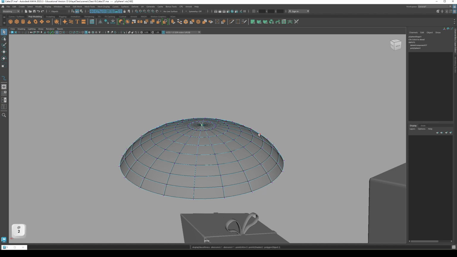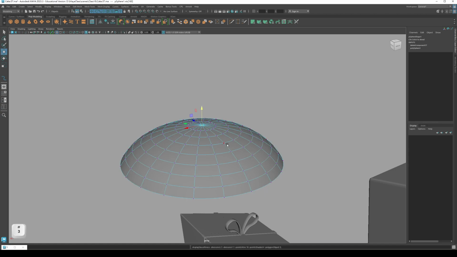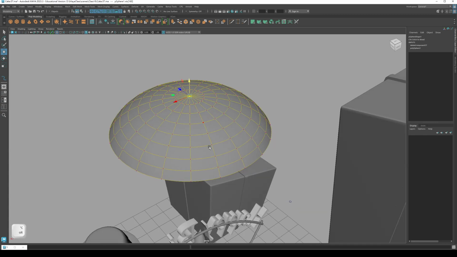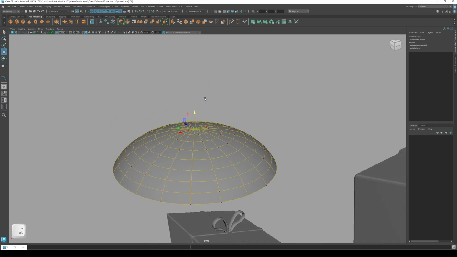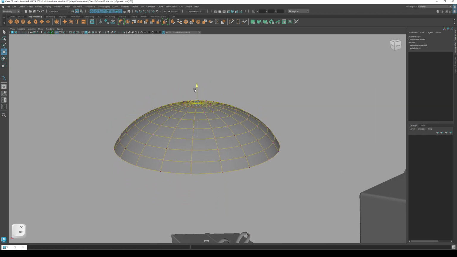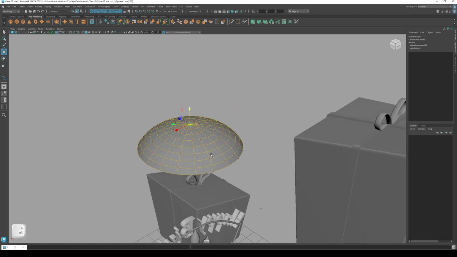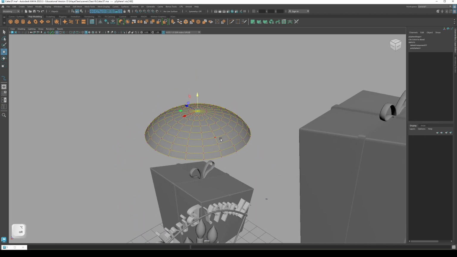Hit W and then hit B to turn on the soft selection mode. Okay, so right now if you move this point, the whole sphere will move with it because we are under the soft selection mode, and